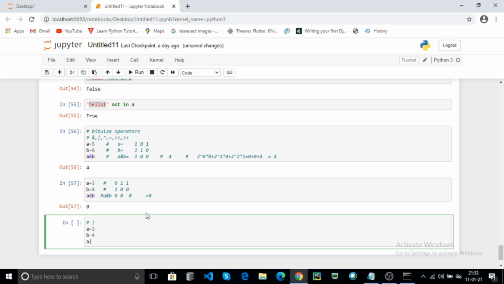Perform a or b. Here 3 binary value is 0 1 1 and 4 binary value is 1 0 0.